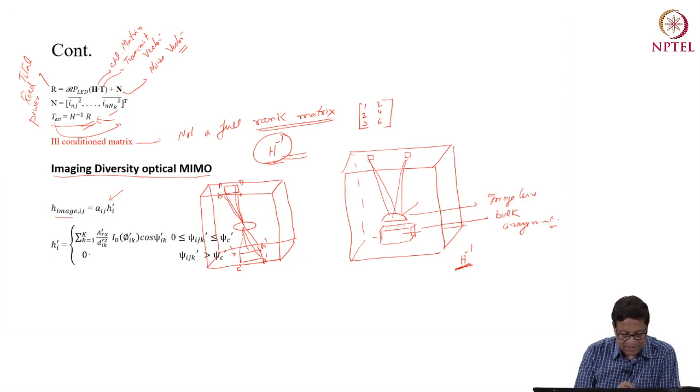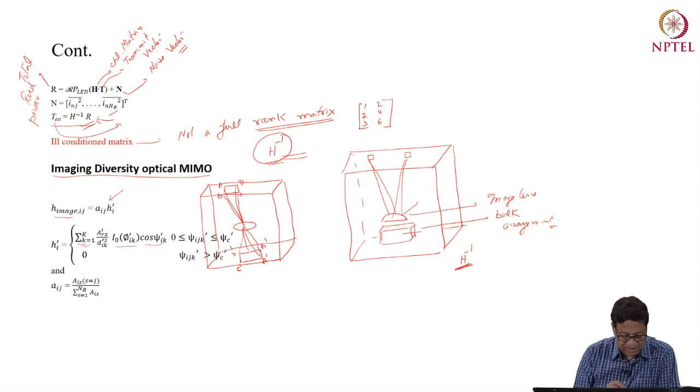So Hi prime, if I see, this is again the number of LEDs in that panel. Receive collection area, this is the distance. They're all represented with a dash because this is a case of imaging diversity or imaging optical MIMO. And this is phi ik, cos phi ik, and then these are the conditions. So this is the channel impulse response, and Aij is defined as